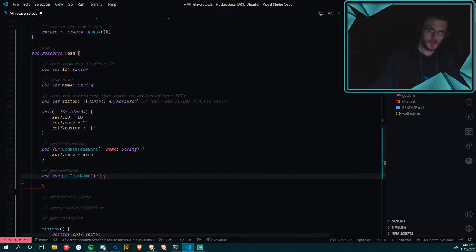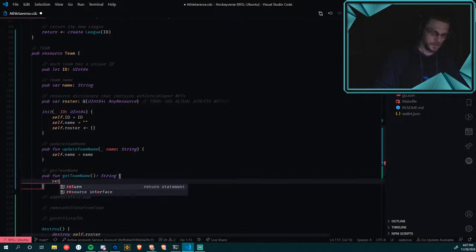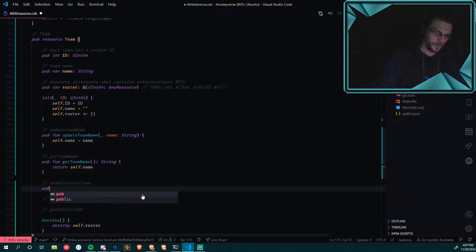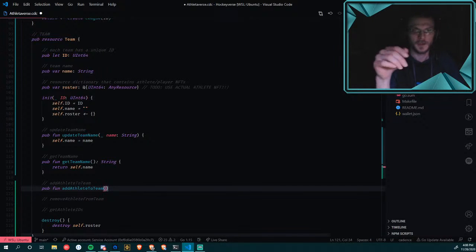So we're just going to return string. Because we're storing the actual resource, this is kind of where we're just going to code it however we feel like right now and then see how that works.